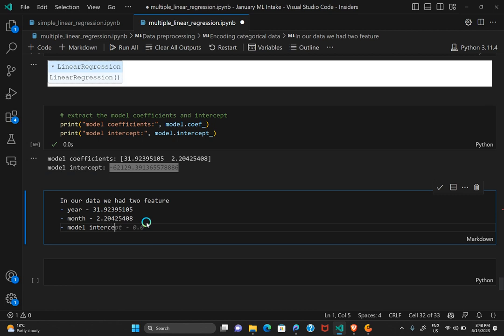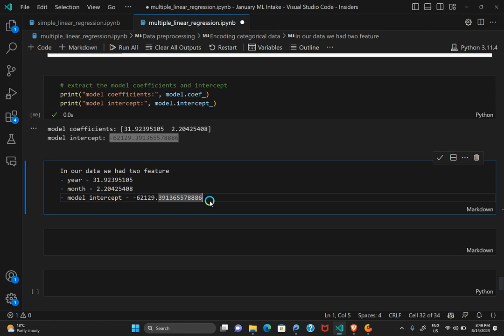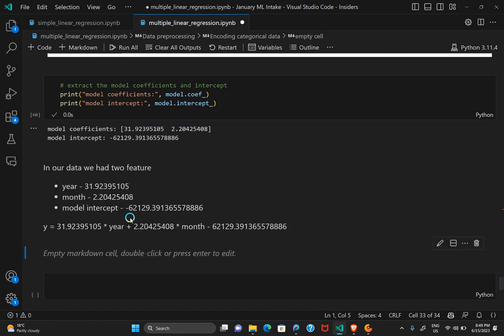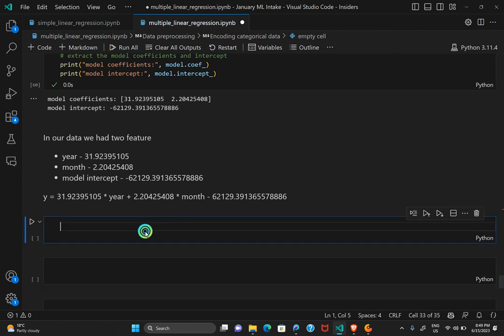is equal to this. So that's our model intercept. Okay, so if we were to incorporate the multiple linear regression equation, we will have our y being equal to this equation here: 31.055 multiplied by the year, plus 2.2 multiplied by the month, minus the intercept, because you can see our intercept is negative. I can copy this equation here,